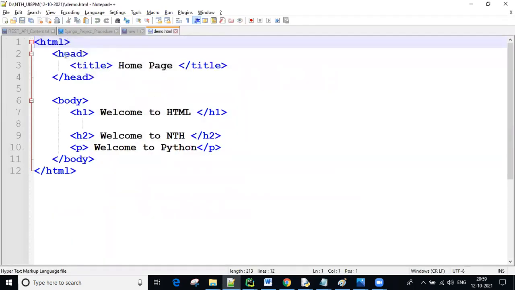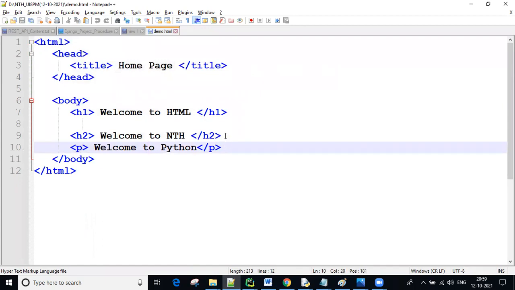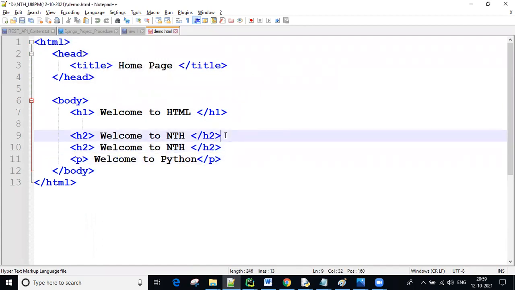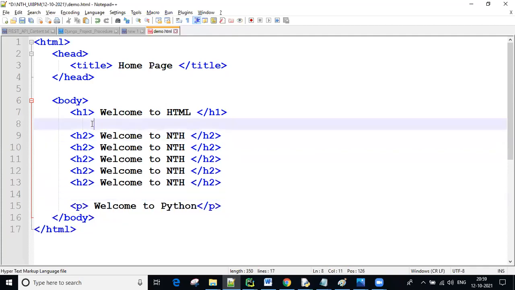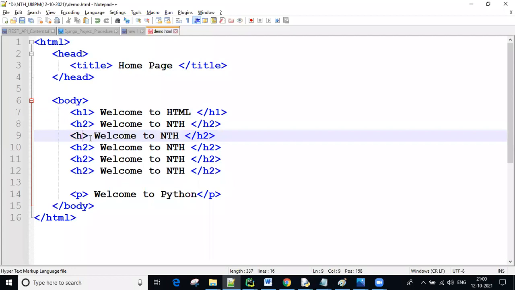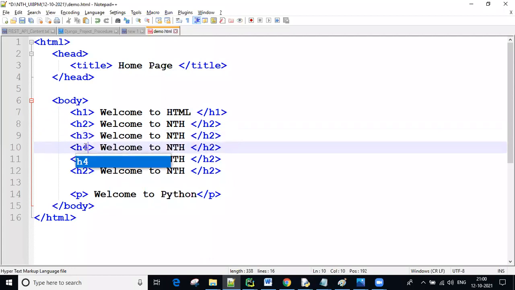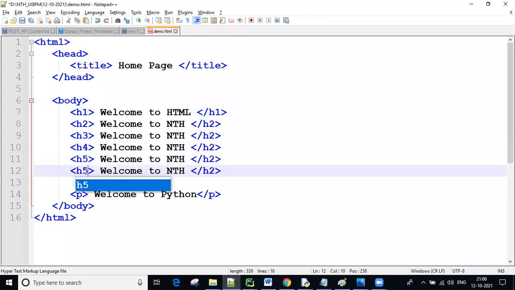Now you can take some other lines of code. Ctrl+D means duplicate, guys. So this is the last one for today's session. You can see, guys, H1 is there, H2 is there. Now I'm going to change it to H3. H3 I'm changing, and next H4, H5 and H6.